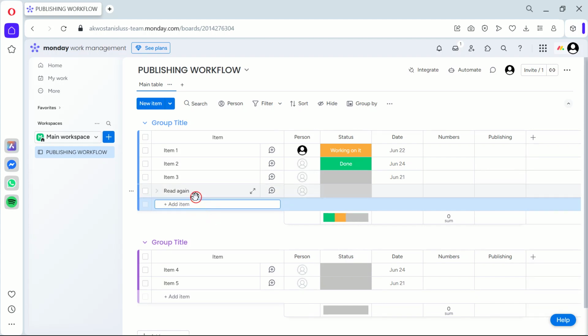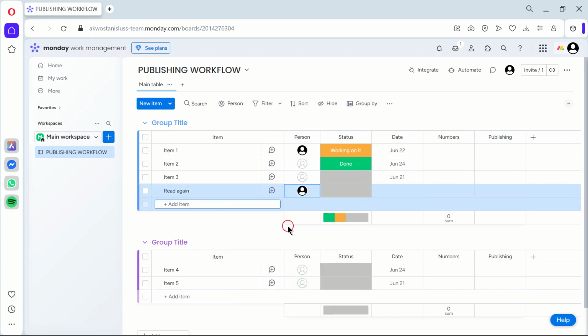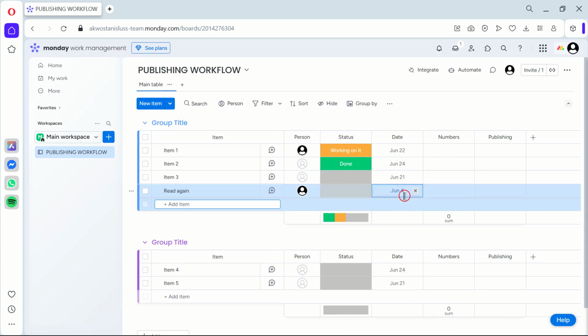Now let's assign tasks. Click on a pulse, then click on Assignee and select a team member from the drop-down menu. The reason we do this is to make it clear who's responsible for what, ensuring accountability and efficiency. Lastly, we'll set deadlines. Click on a pulse, select Date, and pick a due date from the calendar. This is crucial because deadlines keep your team on track and ensure that your publishing workflow runs like a well-oiled